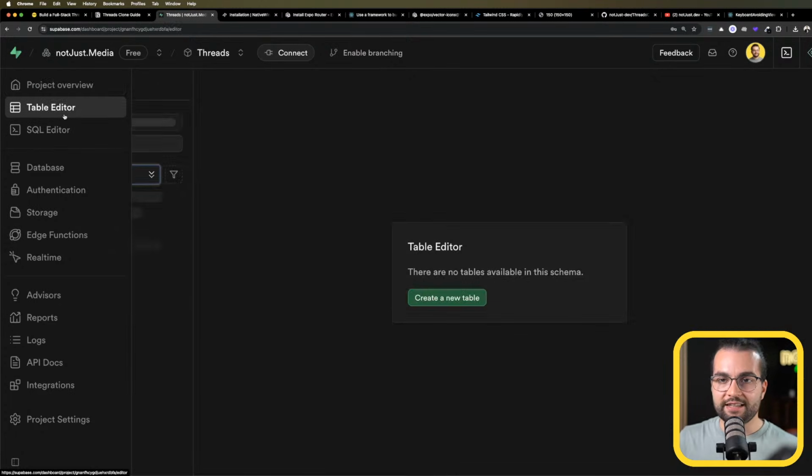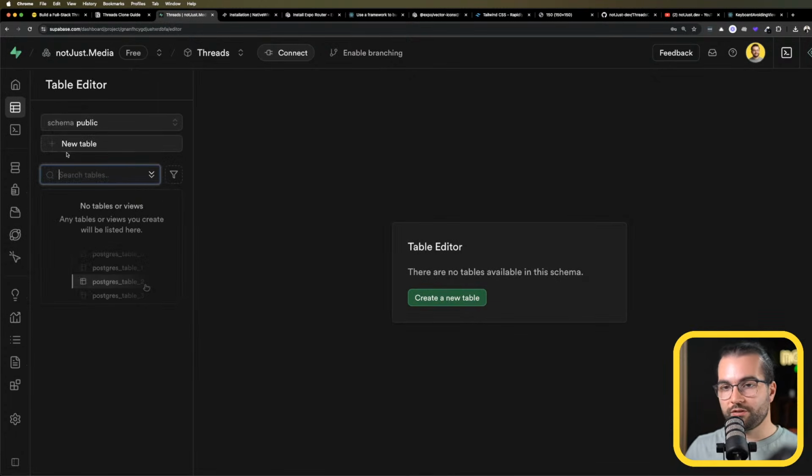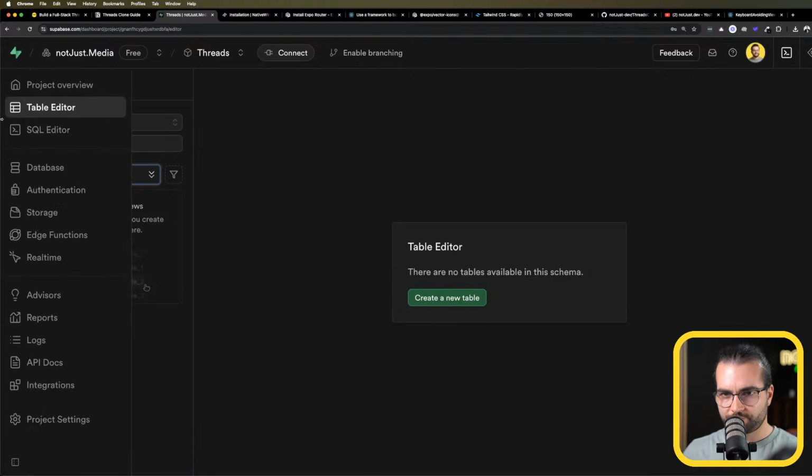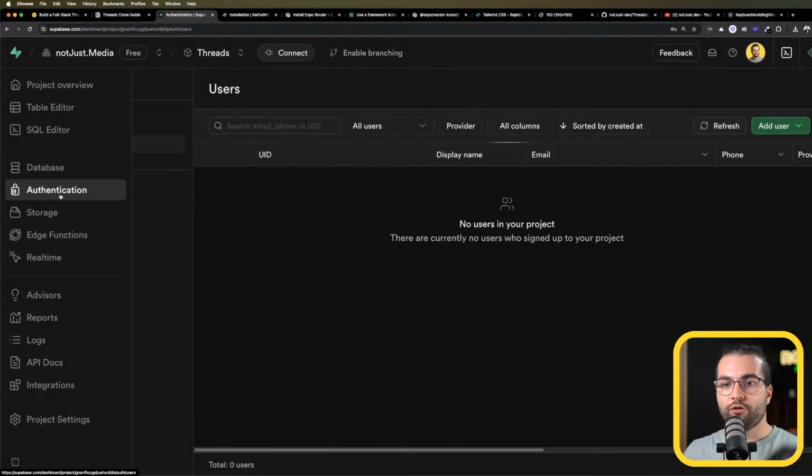In a second, you're going to have a new Supabase project that by default will give you a database, a Postgres database, which even though we do not have any tables, it's ready to create tables. We also get a full authentication system that also works on top of Postgres. We get other possibilities as well that we might explore in today's tutorial. But first, what I want to do is